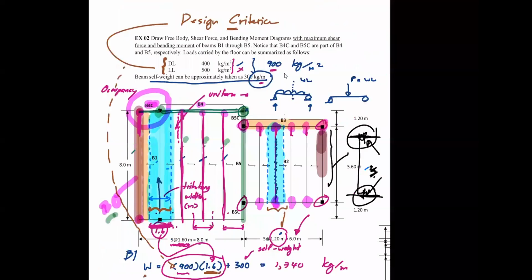And then B5 is a bit tricky because on the right, you have the area of the floor only with this length. But then on the left, you have the area of the floor here, just like B1, but it's equal to B0. So if you're not careful enough,